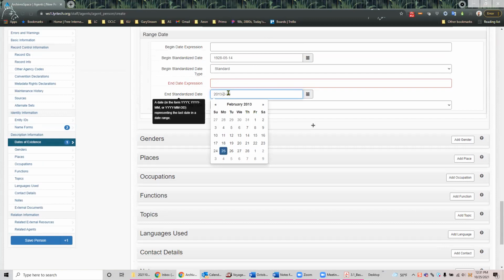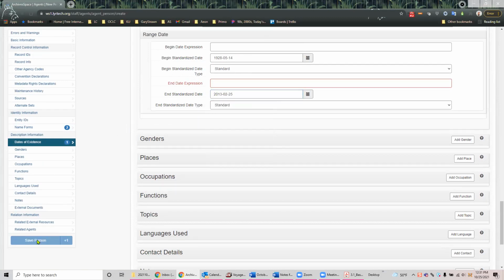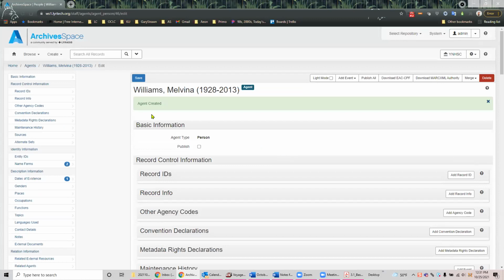And I forgot the 0. So now you know what happens when you make a mistake. There, now it's all green. Everything's hunky-dory. And you'll notice in parentheses, it put 1928 to 2013, and it got that information from the dates